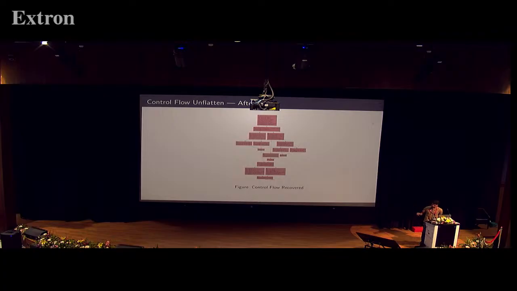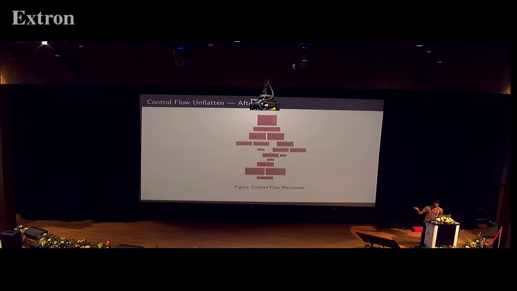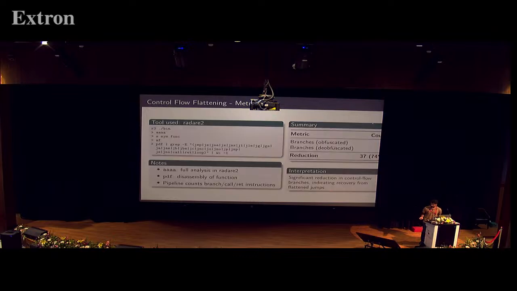This is how we unflatten it. So we do a dominance analysis to first detect loops. After performing a dominance analysis to detect loops, we implement heuristics to detect this dispatch block. So you can see the main block that dispatches to every other block, the one with fewer instructions, and it leads to every other block. So that's the dispatch block. Once we have identified the dispatch block using our heuristics and post-dominance analysis, we can walk through the flow and reconstruct this. So this obfuscation can easily be broken. Let's talk about some metrics. We can see that we've reduced branches by a significant amount.